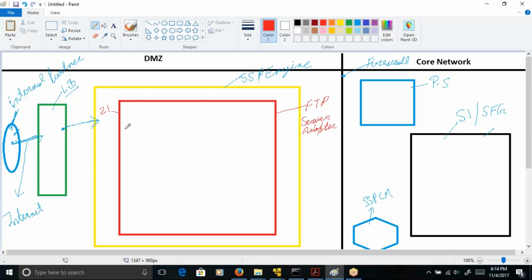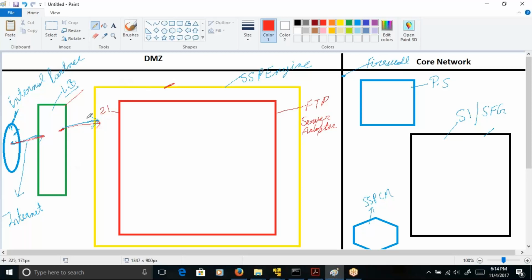Okay, on this box where SSP is installed. So this client has initiated a connection on port 21 on a specific IP address, and because of that IP address your request has reached the load balancer. Now the load balancer will see that this request is for 21, and it may have some sort of NAT-ing, so